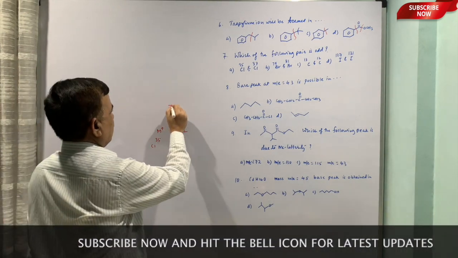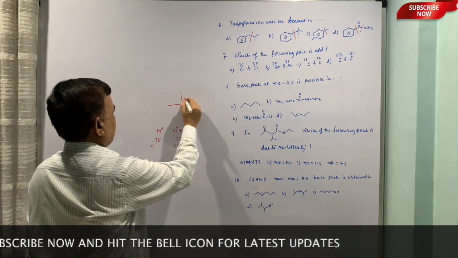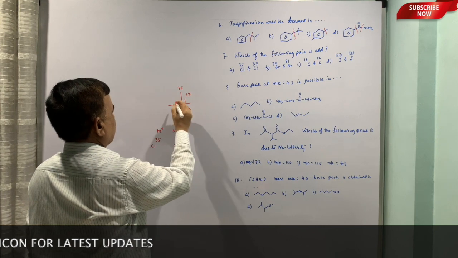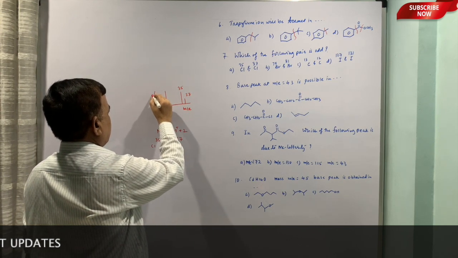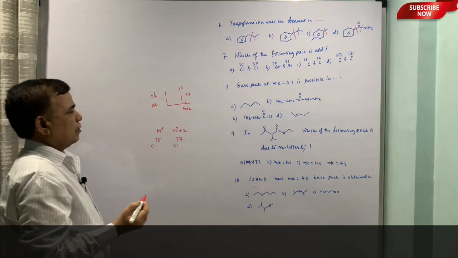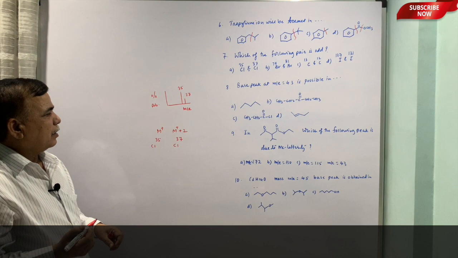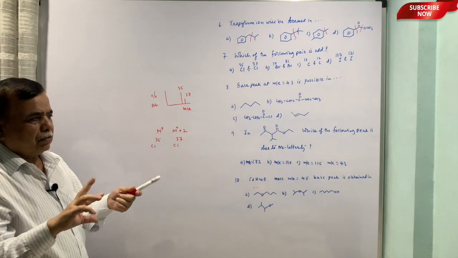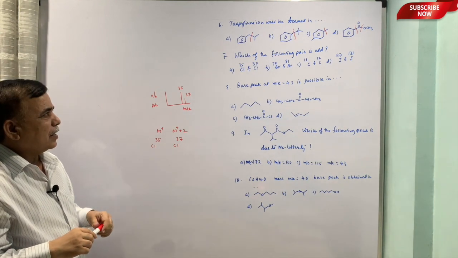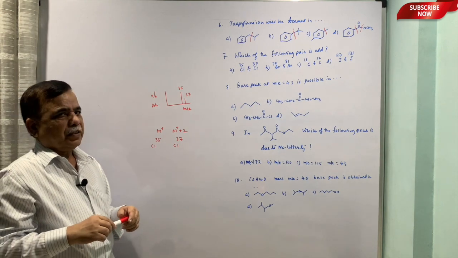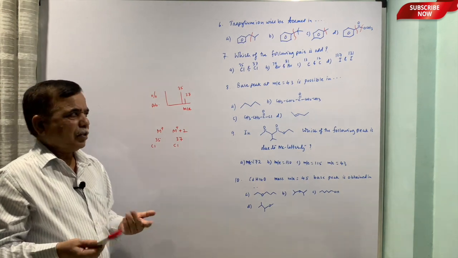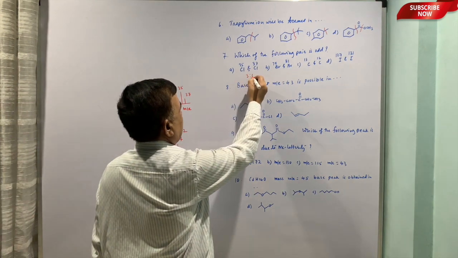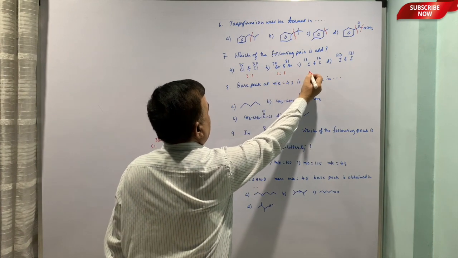And their relative abundances would be, this is 35, this is 37, and the percentage abundance. So, this kind of peak you will get in the mass spectrum, wherein this will be 3, this will be 1. That ratio is telling us the relative abundance of Cl 35 is 75%, Cl 37 is 25%. For bromine, it is 1:1. This is 3:1. I am just putting the ratios here.